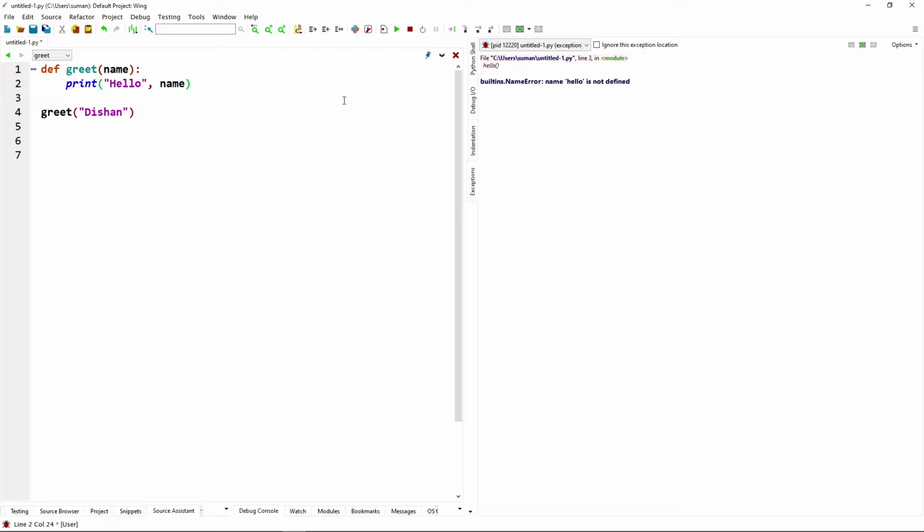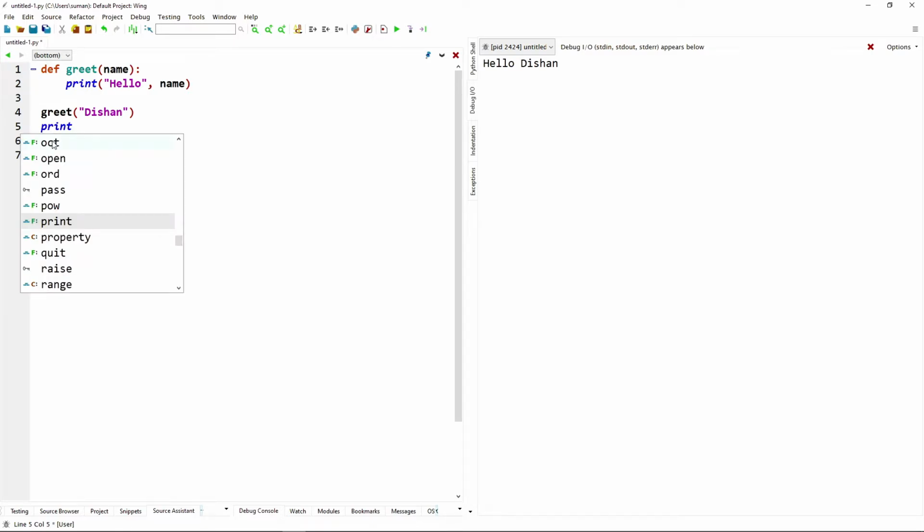Let's check what is happening here. If we run the code, hello Dishan. Now after the execution of the body of the function, the control goes back to the greet function call and then proceeds to the next statement. But there is nothing here to execute.